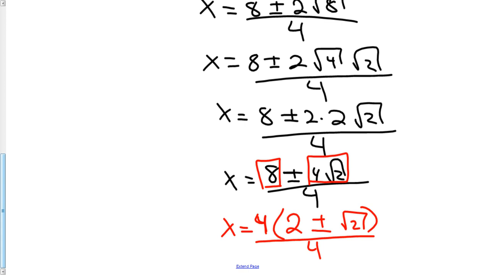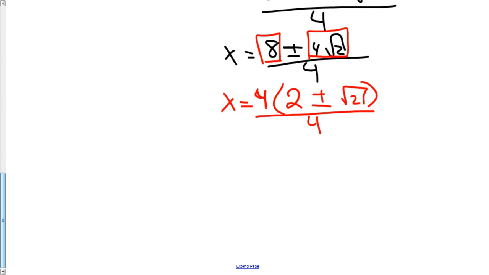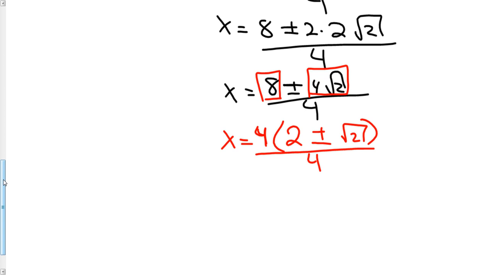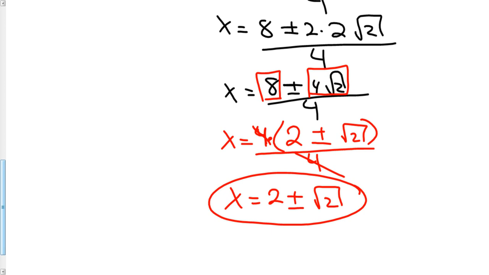And if I look carefully, I'll see that I have 4 on top that's being multiplied and 4 on the bottom that's being divided. Those 4s are actually able to cancel. And so my final answer that's completely simplified is going to give me 2 plus or minus, which gives me 2 answers, 2 plus or minus the square root of 2. That would be my exact answer because I'm left with an irrational number. If I wanted to find the approximate answer,